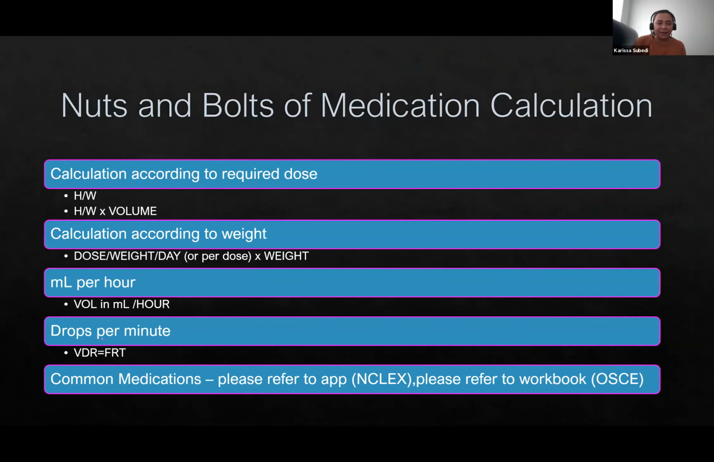Good. Now, we are done with drops per minute. So we're actually done, and that's the nuts and bolts of medication calculation. That's all you have to know. Now, the common medications,